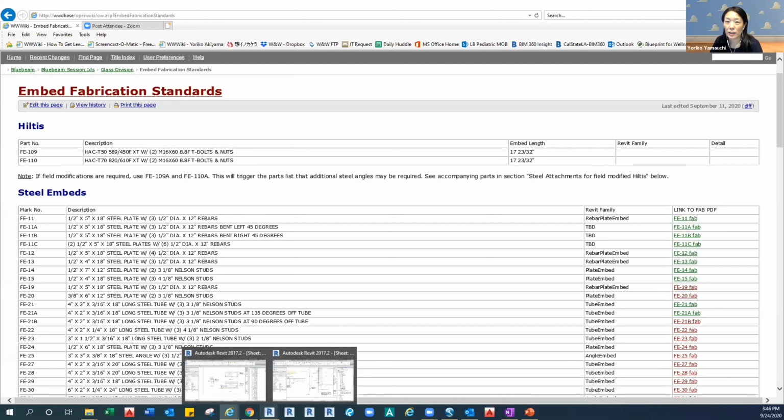Okay, what I usually do is maybe kind of a dumb way, but I use the Bluebeam session on the architecture drawing, and I just create the rectangle, the shape with the actual dimension embed size, and I start putting it on the architecture drawings, and it makes sure I don't have any conflict with the structures, or maybe at the corner, or sometimes we have a curve, we have to move the embed. It doesn't allow us to have two embeds, especially at the jamb and doors. So that's how I always check at the beginning.